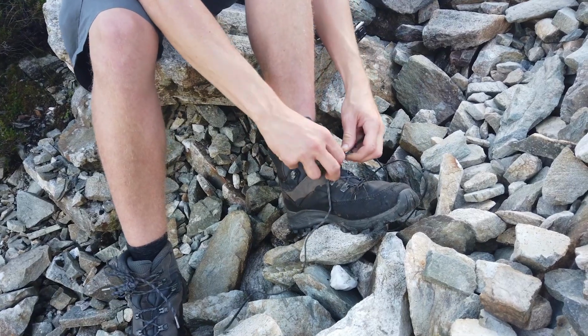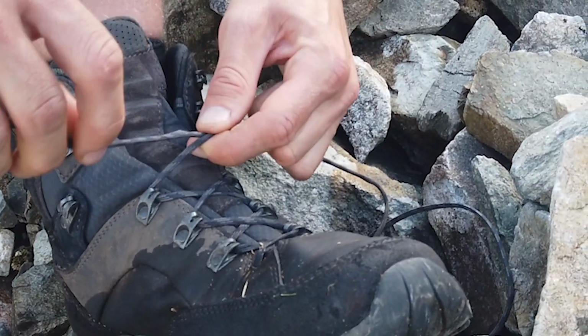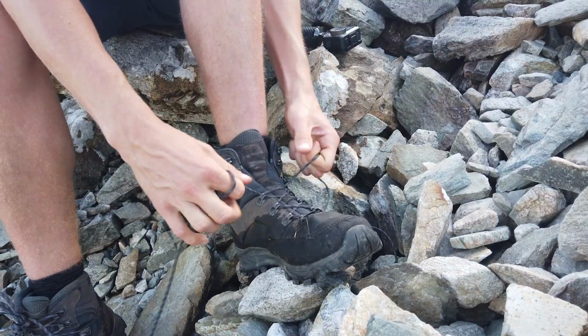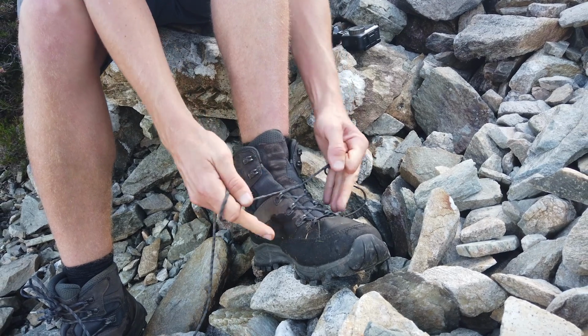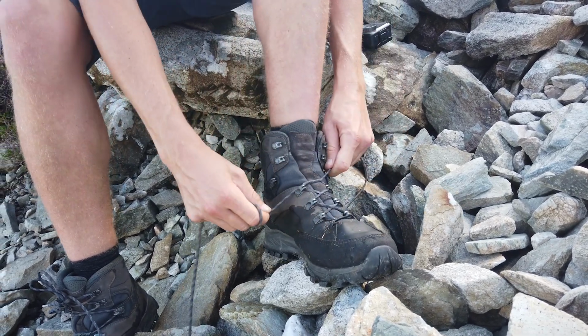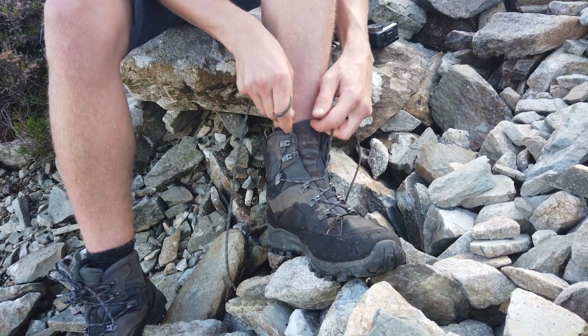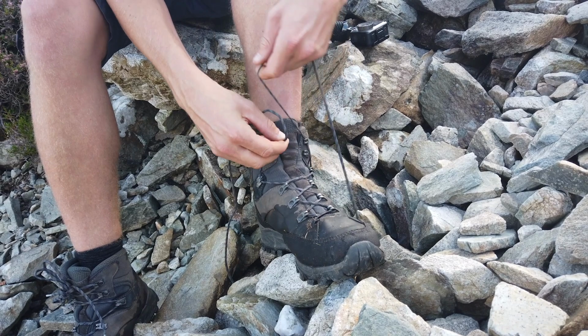Okay, so down here, do the normal loop that you do, but then loop it back around one more time, pull that tight, and that locks it down there, stops it slipping, keeps it all nice and firm down there. Then into that eyelet there, skip the middle one, go straight to the top, do the same on the other side, then